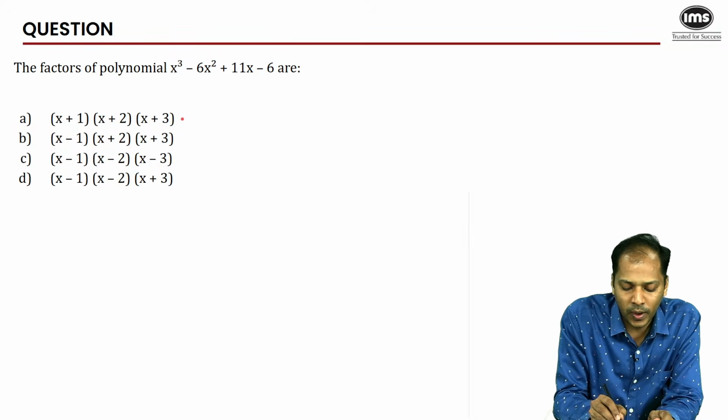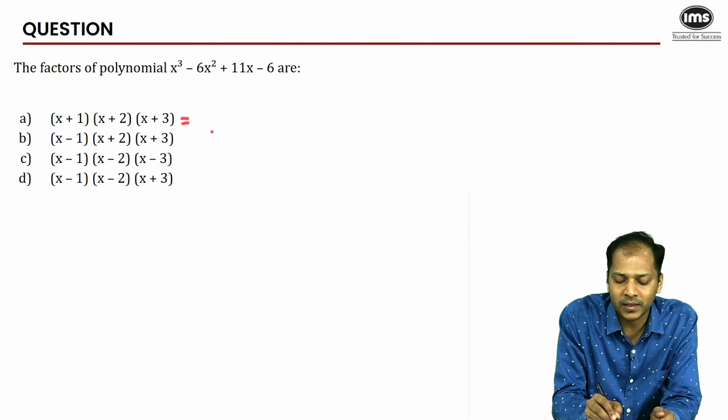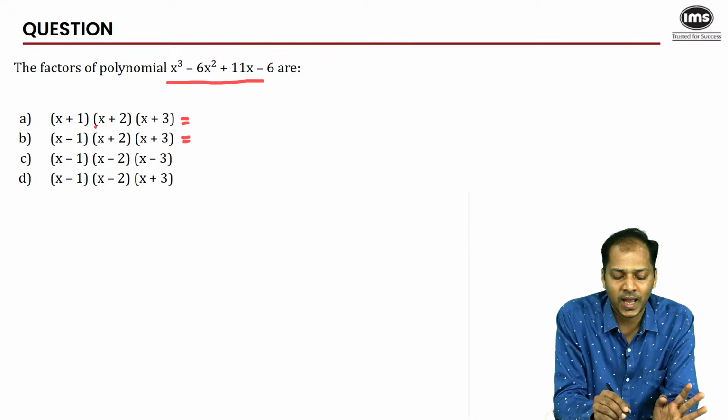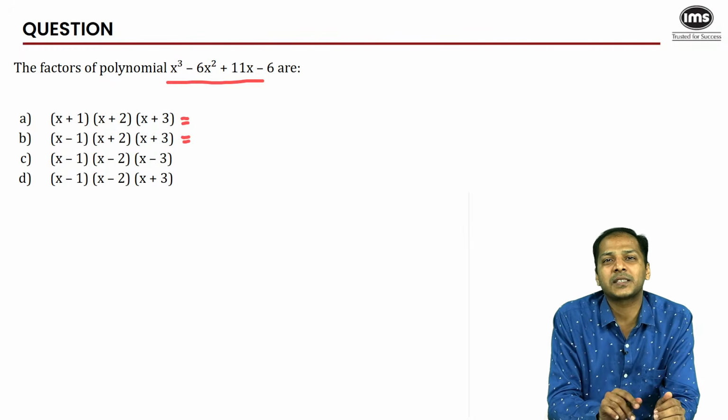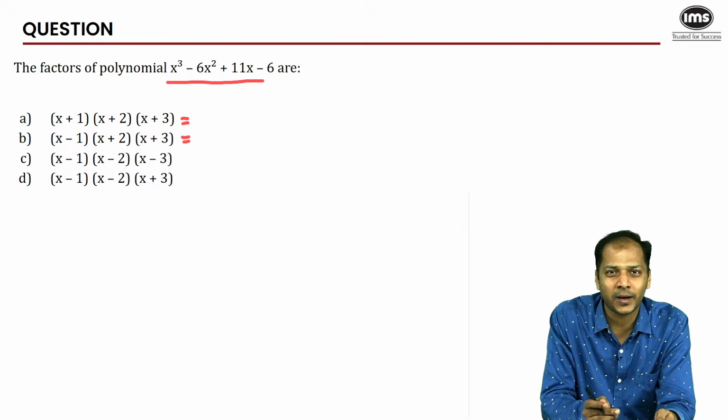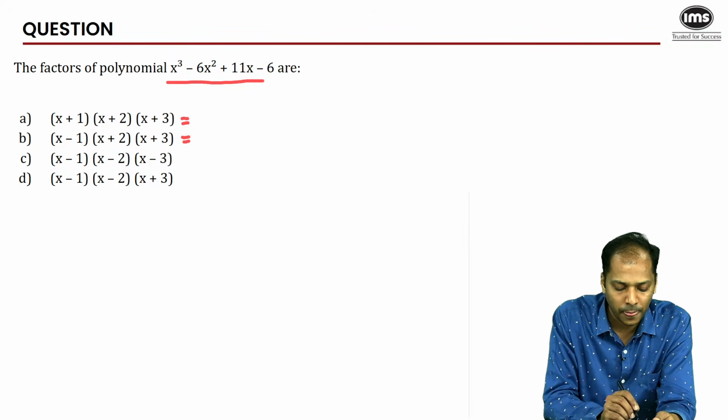First of all, you had to multiply and check whether you get this expression over here. So for whichever option you get this expression, that option would be your answer. But that's the longer method, okay? We could also have eliminated options and got to the answers very quickly, okay?